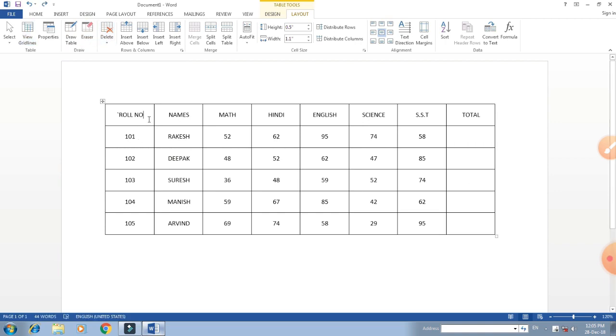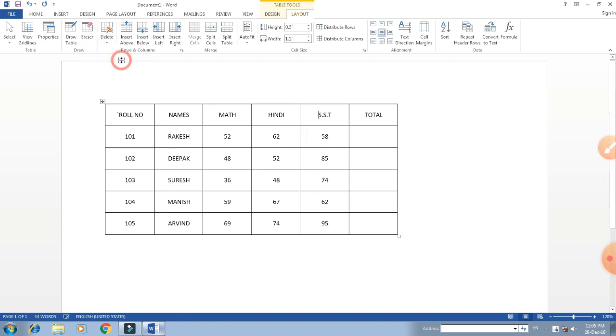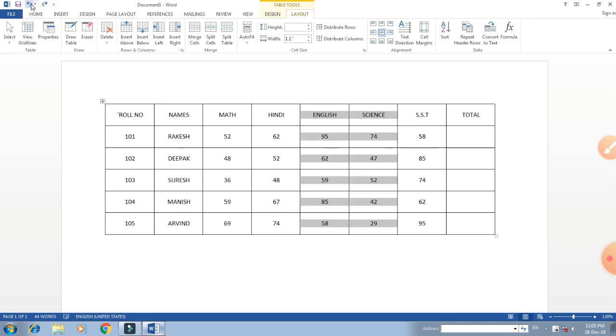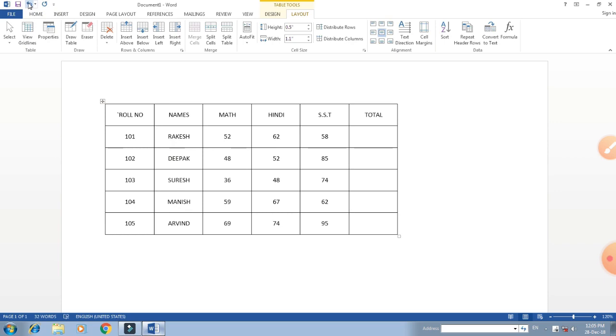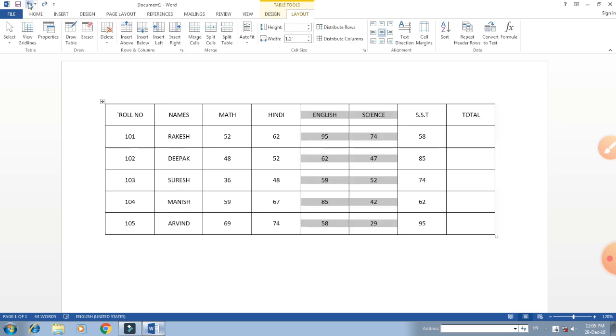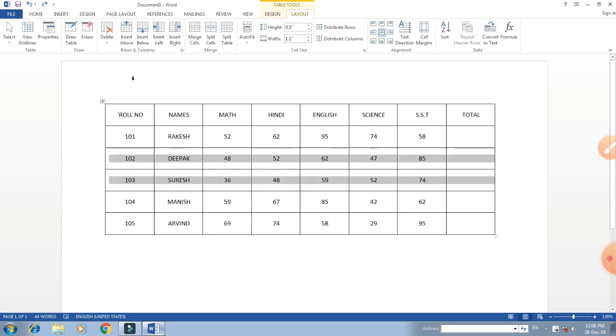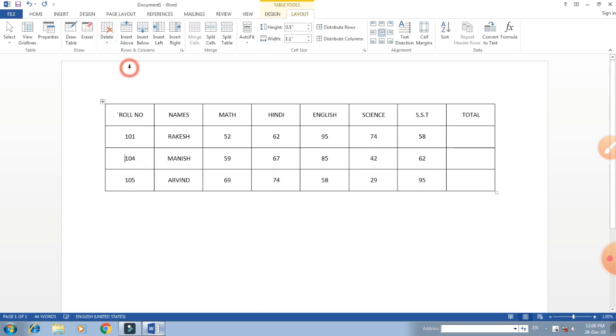Now you want to delete any column and rows. First of all we will select these two columns and click on this delete button. So now that column will be deleted. First of all you select the rows and columns you want to delete. Now we will get the undo, by undo we get it again here. And now if you want to delete some rows, first we get the previous mode. If you want to delete two rows here, select those rows and choose the delete rows option here.